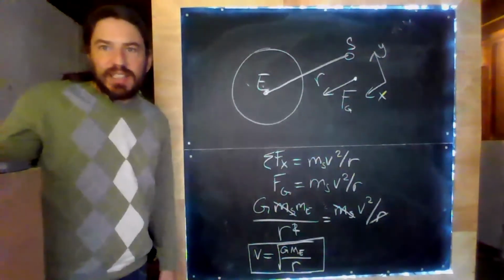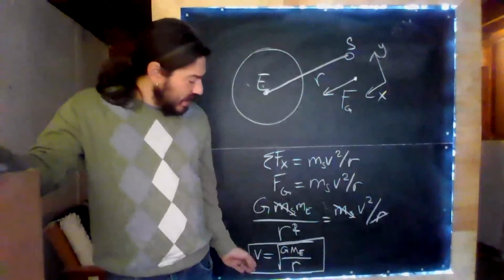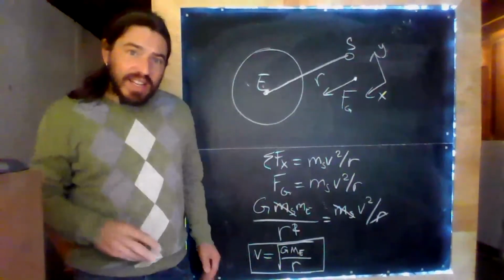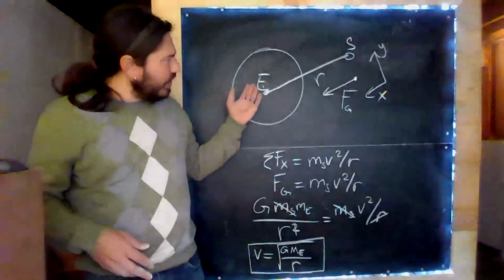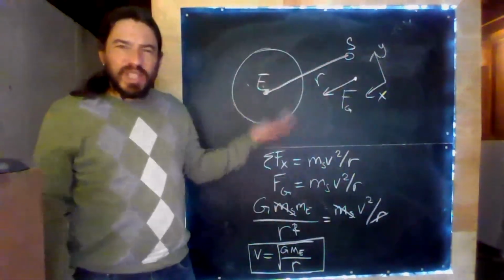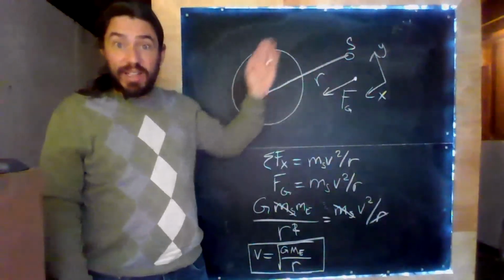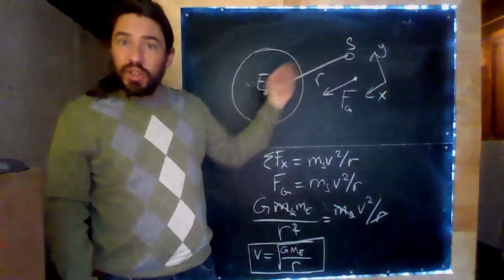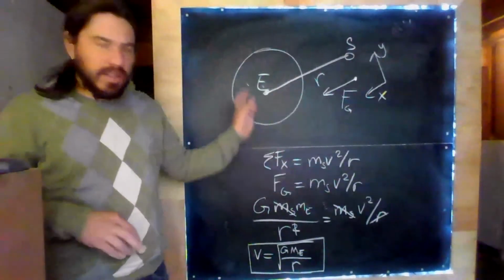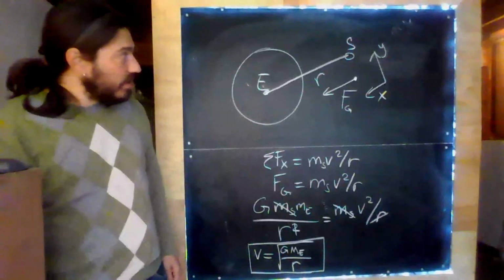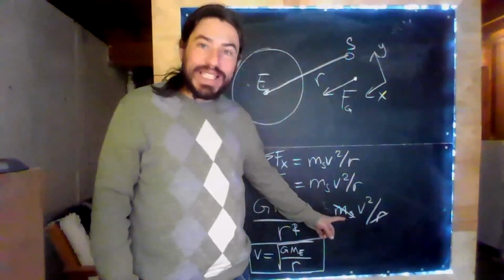That's pretty interesting, isn't it? So this is a super interesting result. This tells us that the velocity of some object in orbit around the Earth, and in this case I've used the Earth and a satellite, but this math works exactly the same if I'm talking about the Earth and the Moon, the Sun and the Earth, the Sun and Jupiter, Jupiter and one of its many moons, right? So this is really just one thing orbiting another thing. Notice what's interesting here. The mass of the thing that is doing the orbiting doesn't even